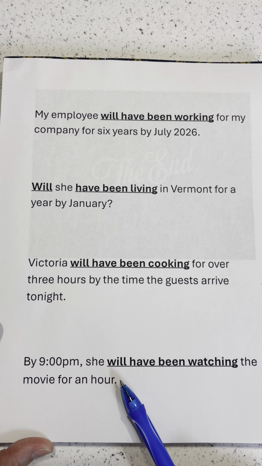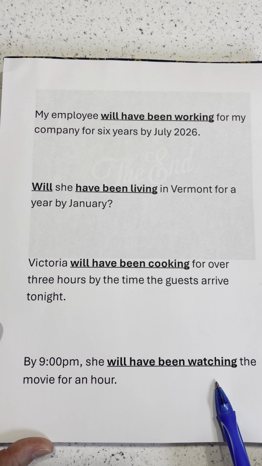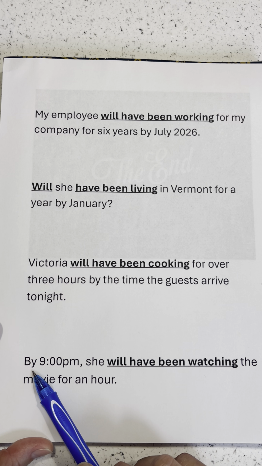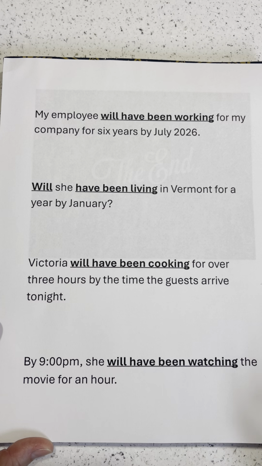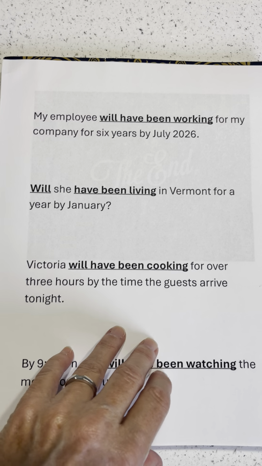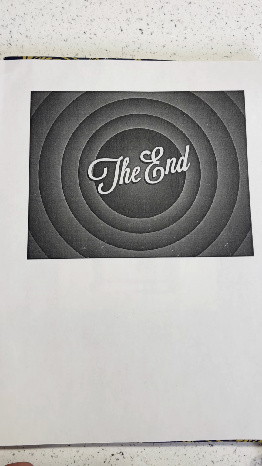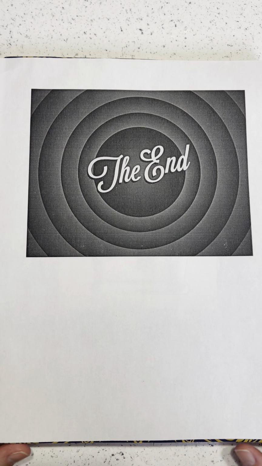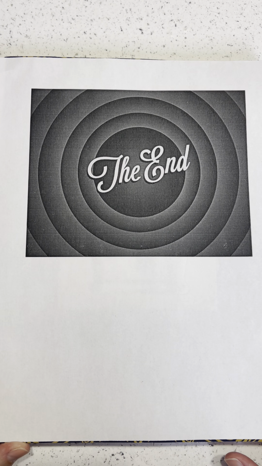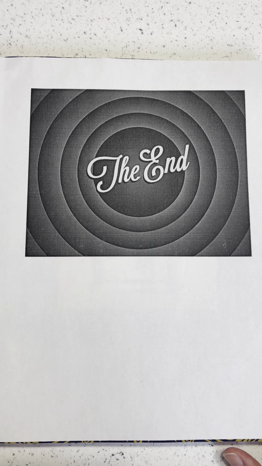So the form will have been watching. The specific time in the future, there's our time marker, by at 9 p.m. And the duration, she will have been watching the movie for an hour. So I will say this about this tense. It's not one that you're going to use too often, but there will be a need for it. And it has its purpose. So try to get comfortable with it,